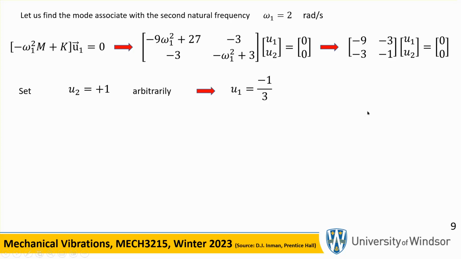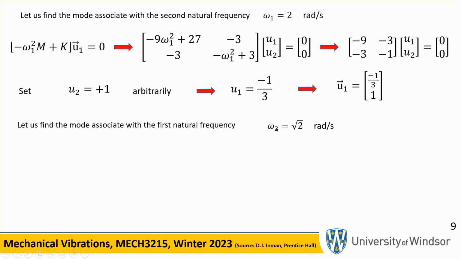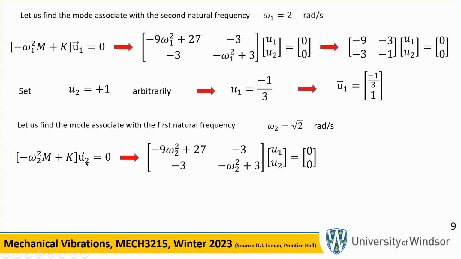But it turns out that once you get the decoupled equations, once you get your m tilde and k tilde, it doesn't matter. We'll get there. So here's U1. Patiently put omega 2 equal to root 2, the other root. Work out the second eigenvector, the second mode shape,